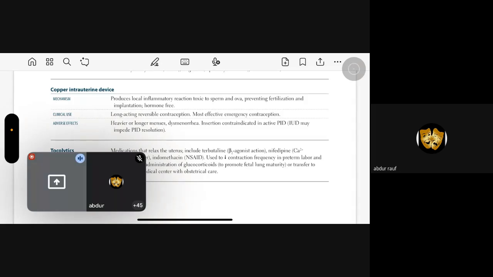What are the adverse effects? So remember, what are the contraindications to copper IUD? The major contraindication is some kind of bleeding of which the origin you do not know. So if there is some endometrial bleeding and you are not sure what is causing that endometrial bleeding, then you cannot give the copper IUD in that case, right? Second thing is that if there is